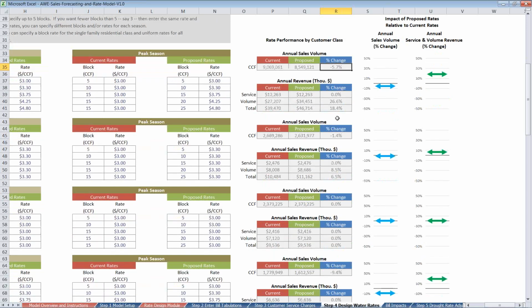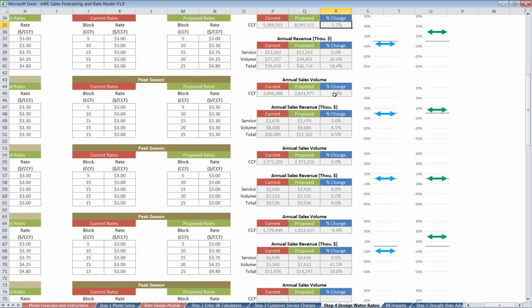And we can scroll down and see how these changes affect each of the customer classes. And remember, we didn't make any change to the CII, so the sales volume is predicted to not change, and the revenue is also predicted to stay the same. Whereas in the multifamily, we had a 10% increase, which is projected to reduce sales volume a bit, but because the rates went up, annual revenue is actually expected to increase.